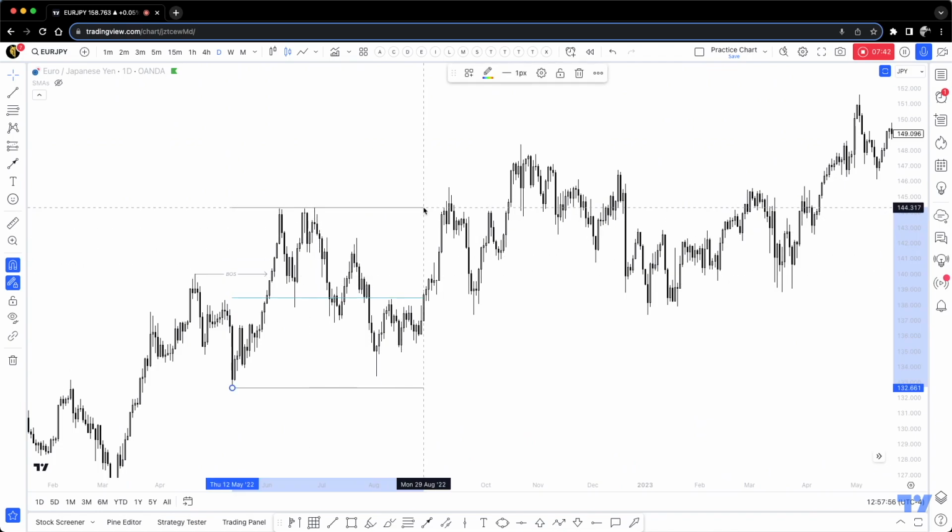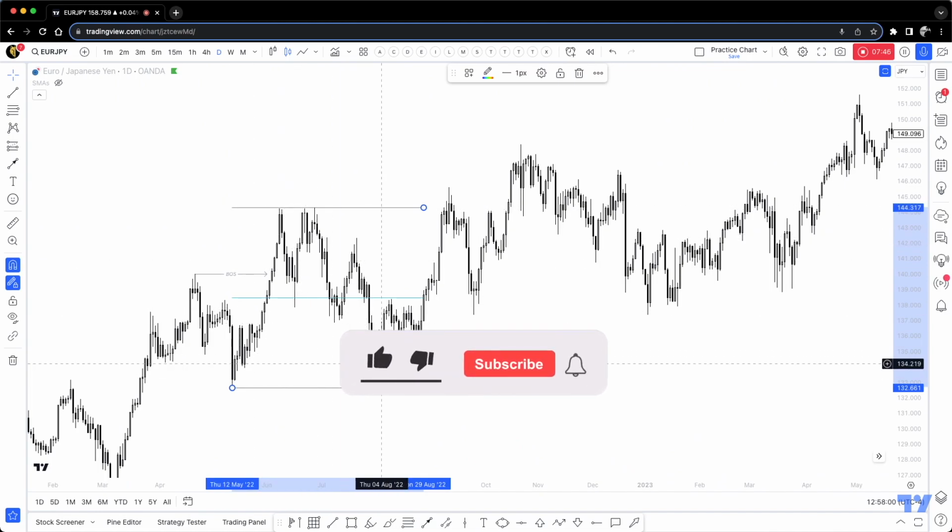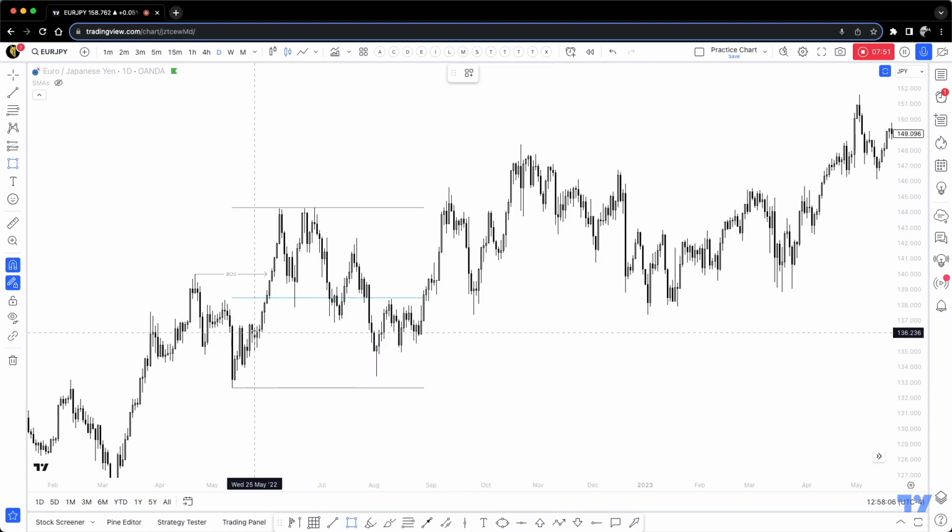So you see, after that impulse, price pulled back. It got into the discount area before it pushed up. Oh, but Eduardo, it touched right here. There was a nice demand zone, but it failed. Yeah, it's going to fail too. Sometimes you're not going to be seeing a clean or very clear demand zone right here.